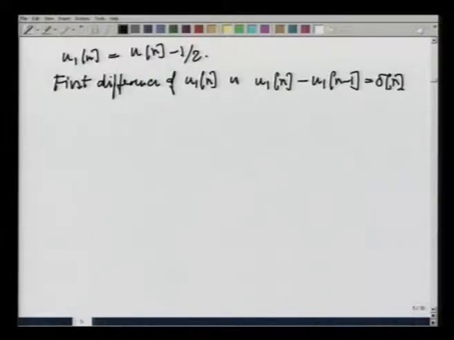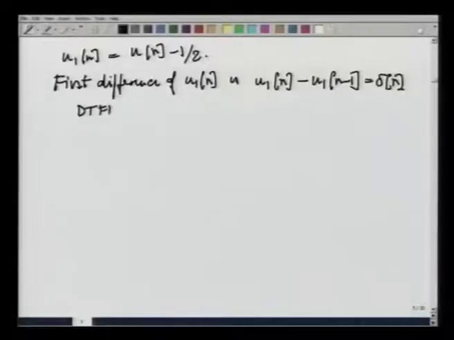Now, what is the Fourier transform of delta n? We seem to be going astray, but we really are not. We are going from one problem to another, but we really are not. What is the Fourier transform of delta n? DTFT of delta n